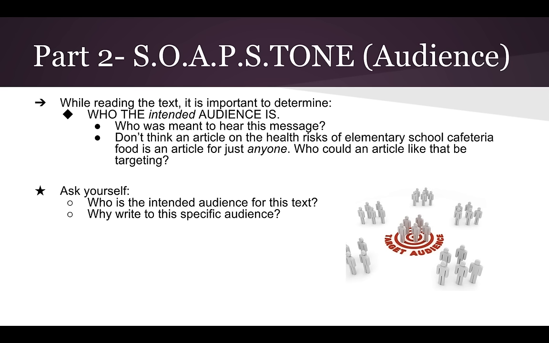Now, if we go back to my analogy of the Twitter status about Mrs. Coker and the summer homework, if you wrote that, you wrote it because you were angry about the event of summer homework. The audience was fellow AP students to gain sympathy. Or you might even say, I hope Mrs. Coker sees it so she knows how much I hate her. Whatever, you can interpret what the audience is. And whether it's fellow AP students or Mrs. Coker, if you explain it, you're all good to go. Okay, so determine who is the intended audience.